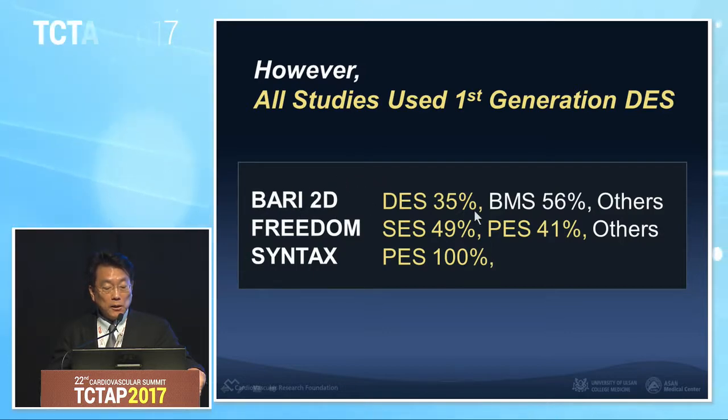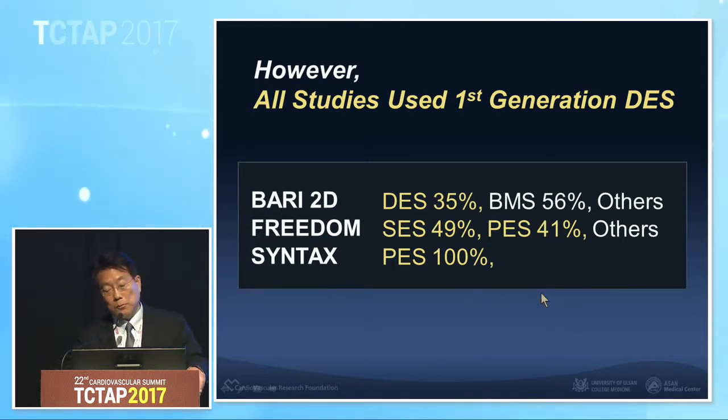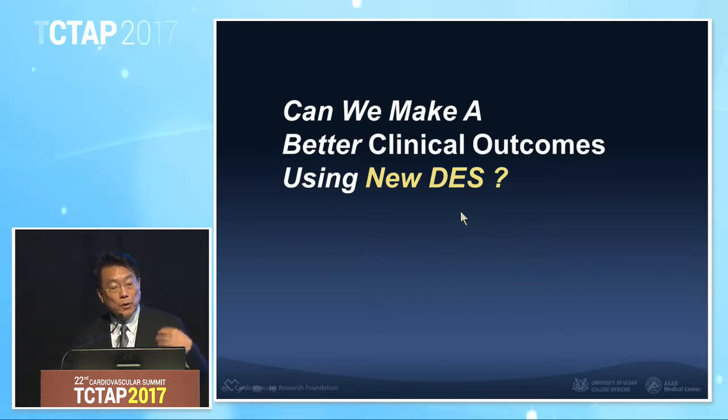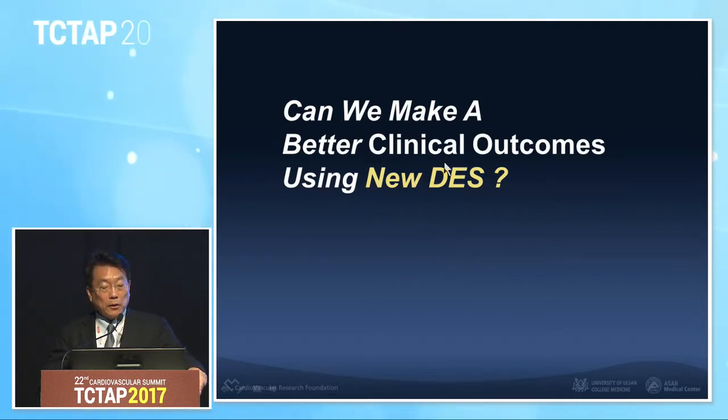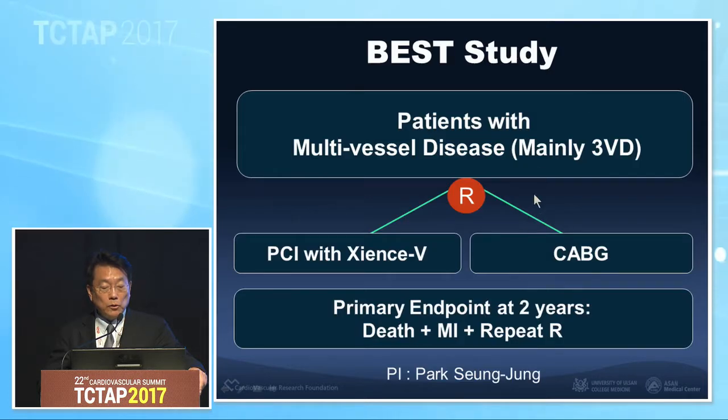Very 2D study, DS 35% only, the remaining cases 56%. They used the bare metal stent in the FREEDOM study, Cypher and Taxus, and in the SYNTAX study they used 100% Taxus stent. So we have some question about whether you can make a better clinical outcome with a new drug-eluting stent, and so we did